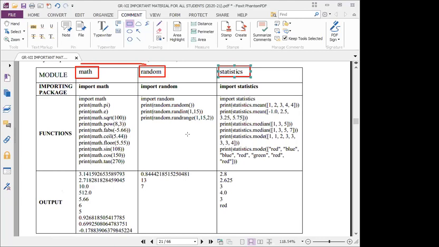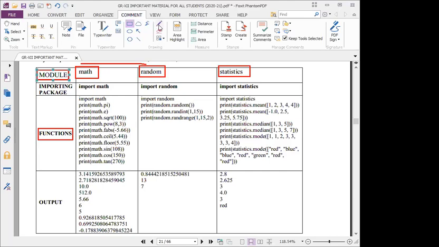In the math module we can do mathematical operations with these functions. There are more than 30 functions, but for our syllabus we need to know at least 10 functions of the math module. Students, understood everyone what is the difference between a function and a module?